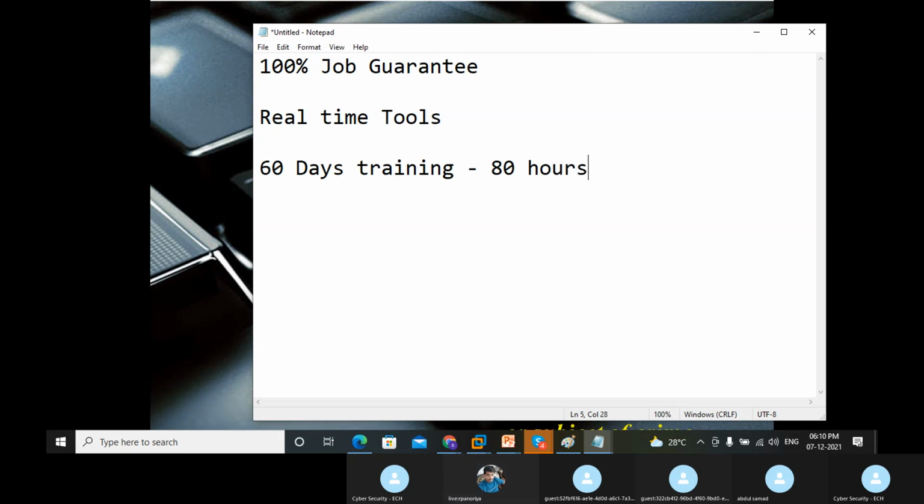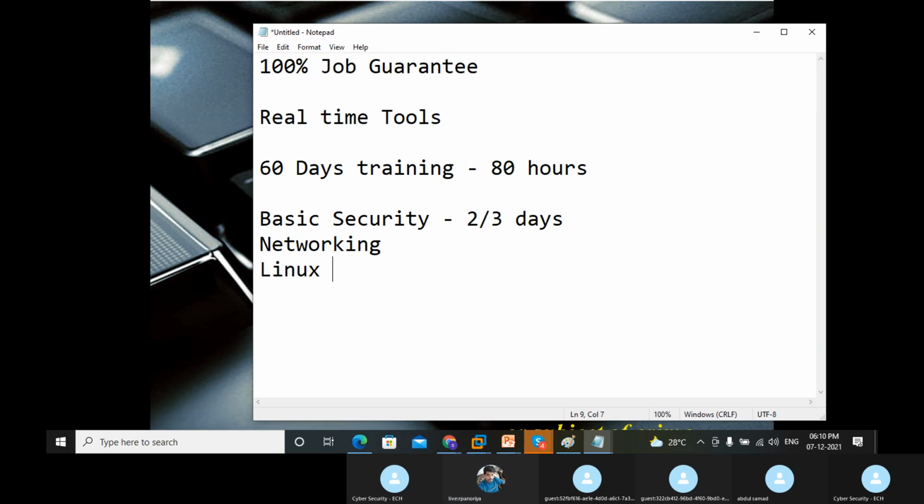In these 80-hour sessions, we start from basic security. You will learn about basic security systems in 2 to 3 days of sessions, where you can understand the entire process of how security is built. Then we talk about networking, which is a very important part. Once you are done with networking, the next part is Linux.